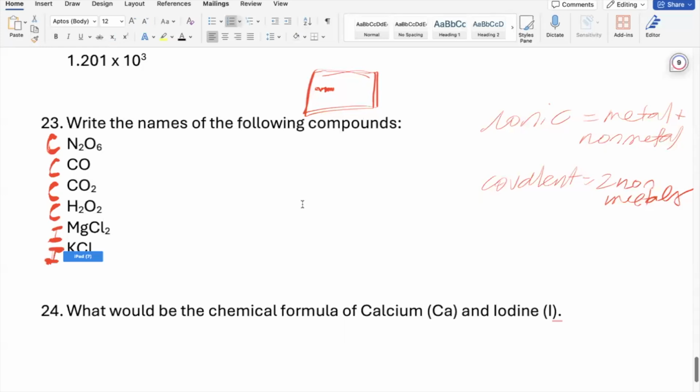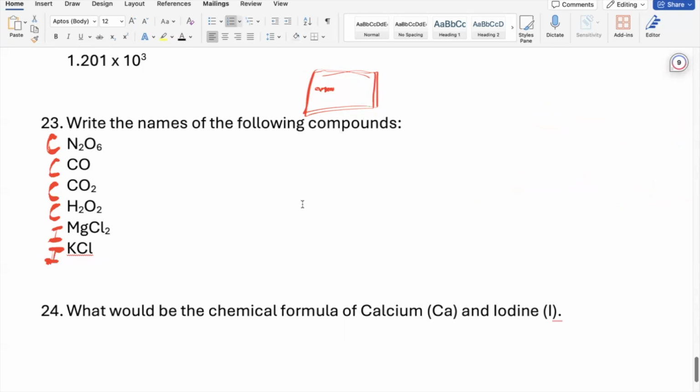All right, so we start with 4 covalent. So let's review the rules for covalent. I'm going to put them over here in blue. I'm going to change the pen color here. All right, so for covalent,